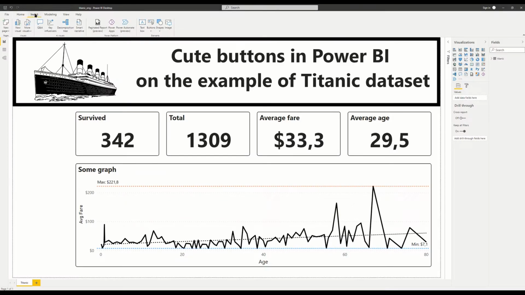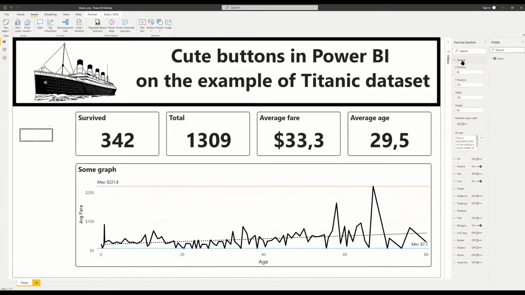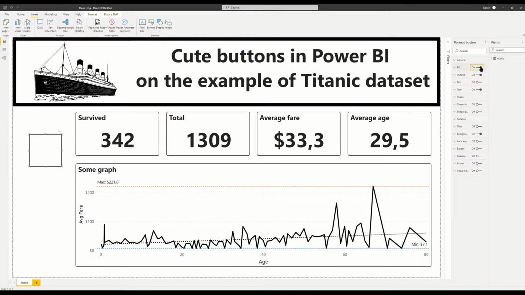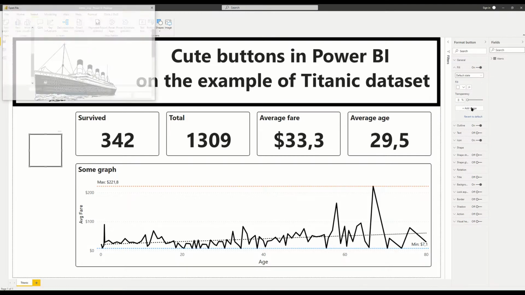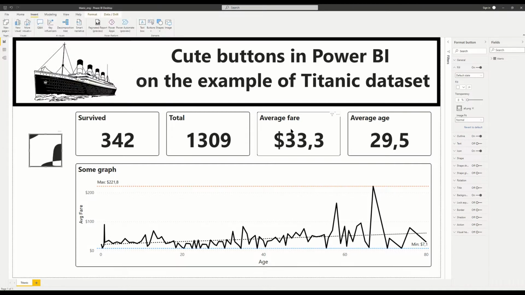So we have to add a button, place it accordingly, adjust its size, enable the fill option, remove transparency, choose the image we need. Now we have to fit this image. The button is ready. This button corresponds to